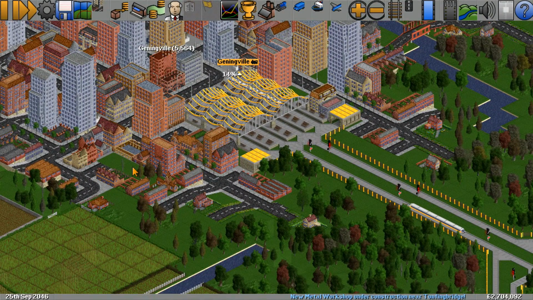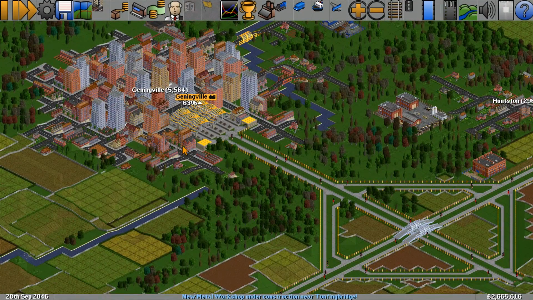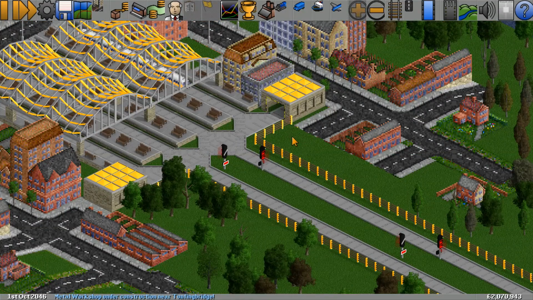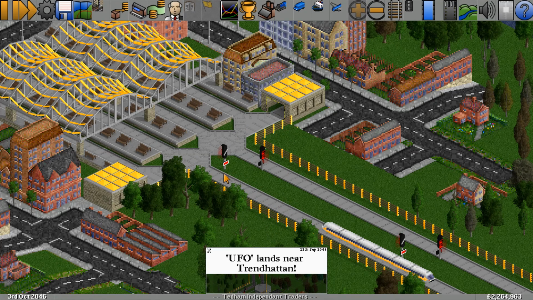I'm not sure if that was just a busy spot here at Genningville, or whether this station is actually really busy all the time. Perhaps we could do with some extra platforms. I've just had a bit of an idea. I mean, I know we don't have 90 degree turns allowed on, but if we were to come out there, now in here, and then we go out that...